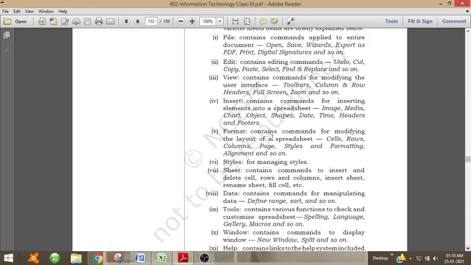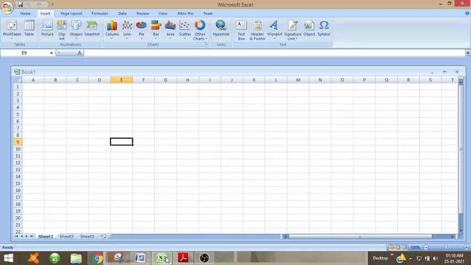Then format contains commands for modifying the layout of a spreadsheet, or cells, rows, columns, page, styles and formatting, alignment, and so on.